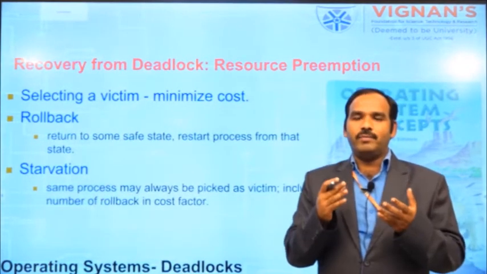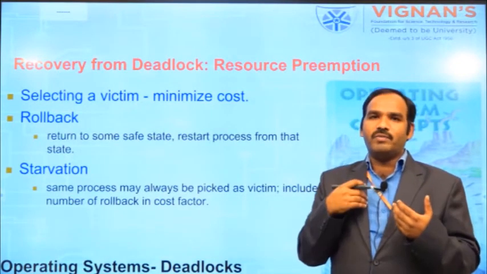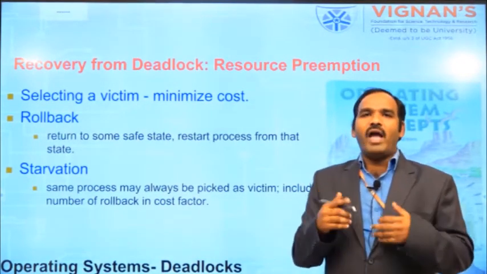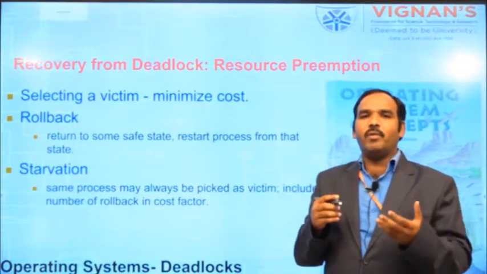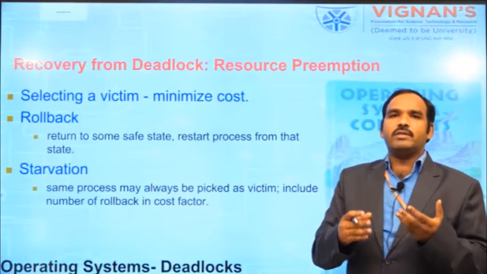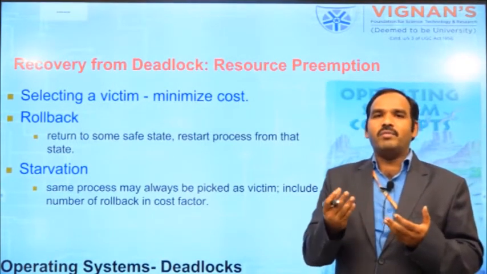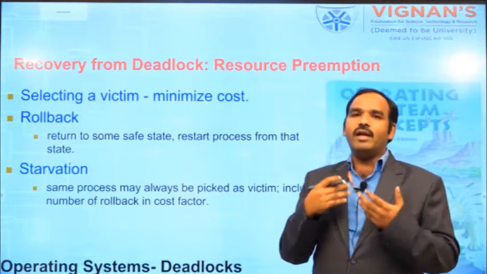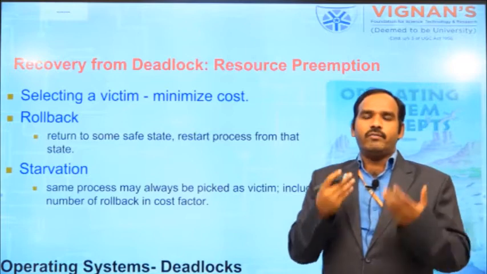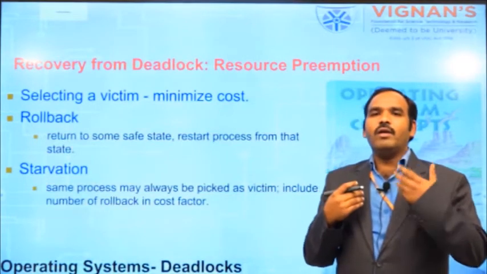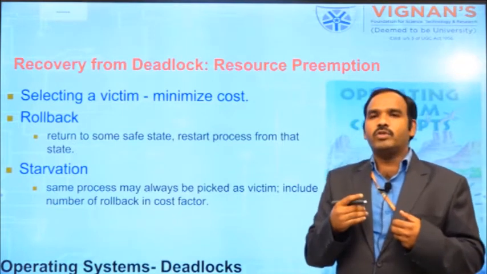a recovery method. There are two classifications or two ways to come out from the deadlock. One is manually you come out from the deadlock with the help of killing the processes or aborting the processes, and another one is wait for some time until the system is recovered from the deadlock. Anyway, we have two ways to come out from the deadlock. One is process termination, another one is resource preemption.